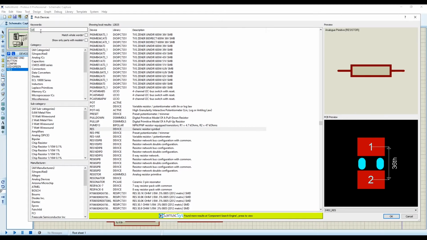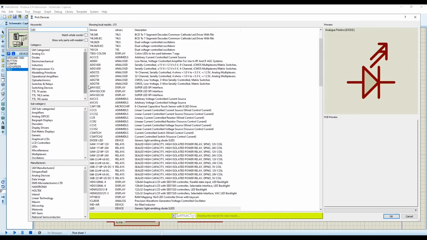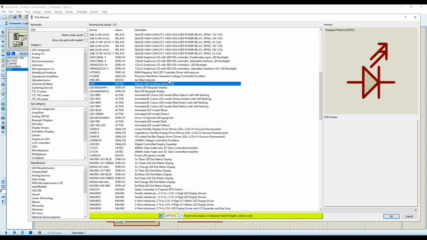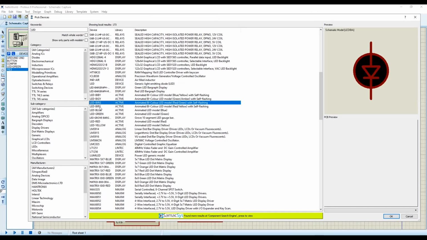So we also want to add LED. So let's write LED here. And we can choose multiple LEDs here, or we can say multiple color LEDs. So I choose green here, or you can choose any active library LED of a different color from here. So this is blue, yellow, this is green amber, this is red green, this is only green, only blue. So anything you like. So double click on it and now we will select the COM.